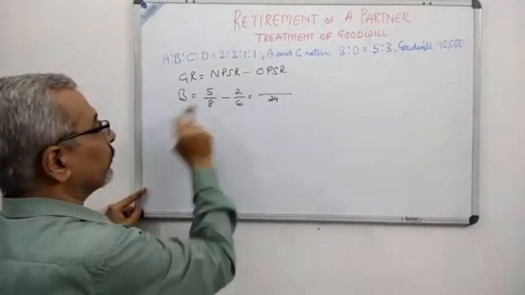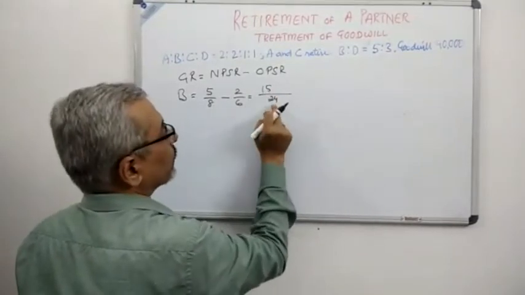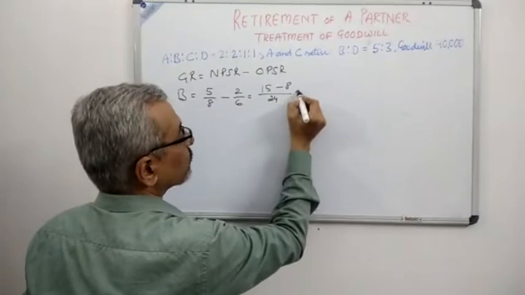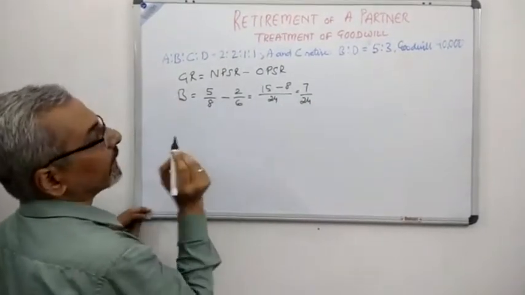24. So 24 divided by 8 gives us 3. 3 into 5 gives us 15. 24 divided by 6 gives us 4. 4 into 2 gives us 8. So over here we are having 7 by 24 for the first partner, and the next partner who is left